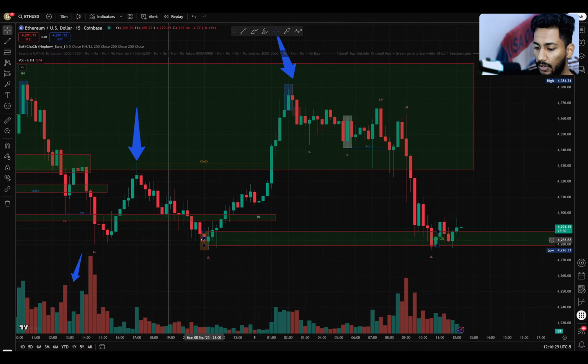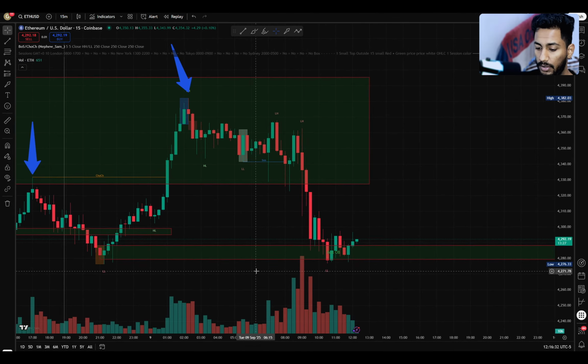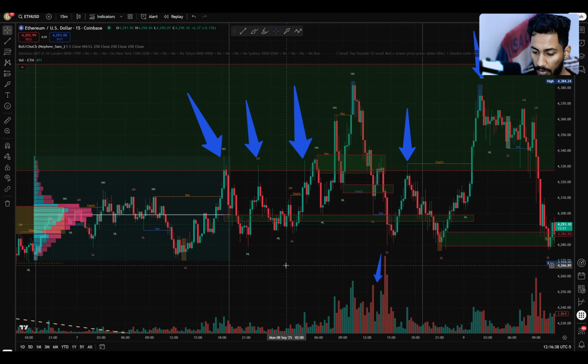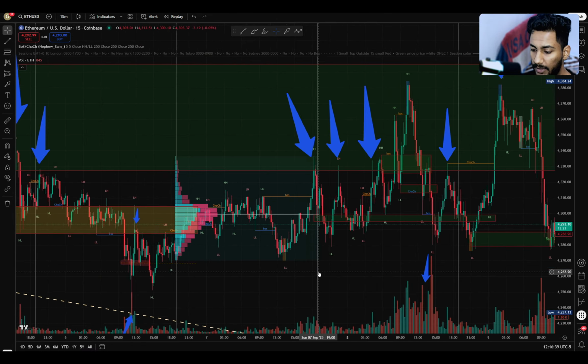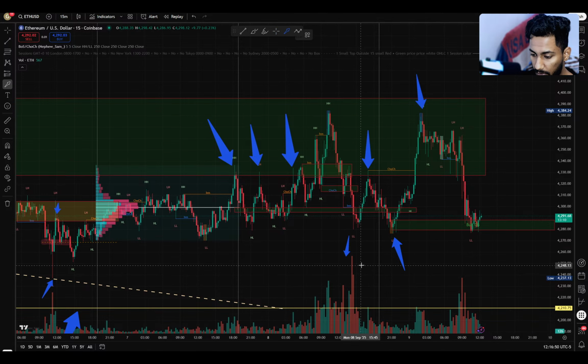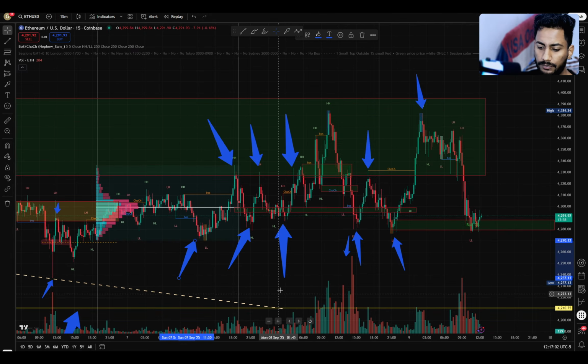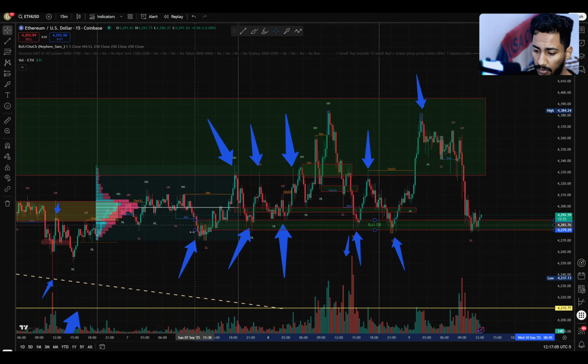And this one is an order block, a bullish order block. If you guys can see how many times the price has respected that zone and went to the top, I will count with you. 1, 2, 3, even though we can say this one because it will touch the top, and this one. Look how the price has been going up from the same zone. So it's called an order block.